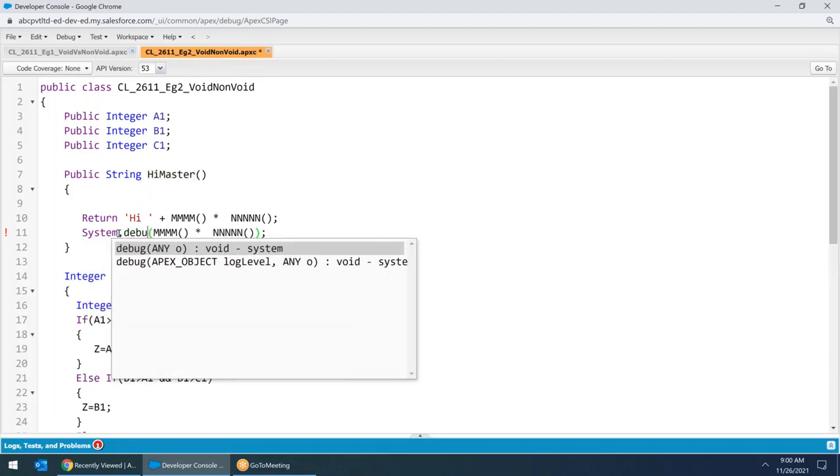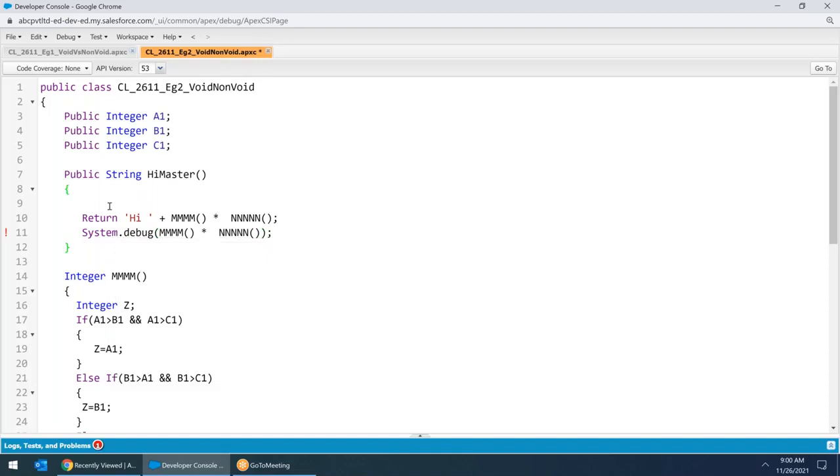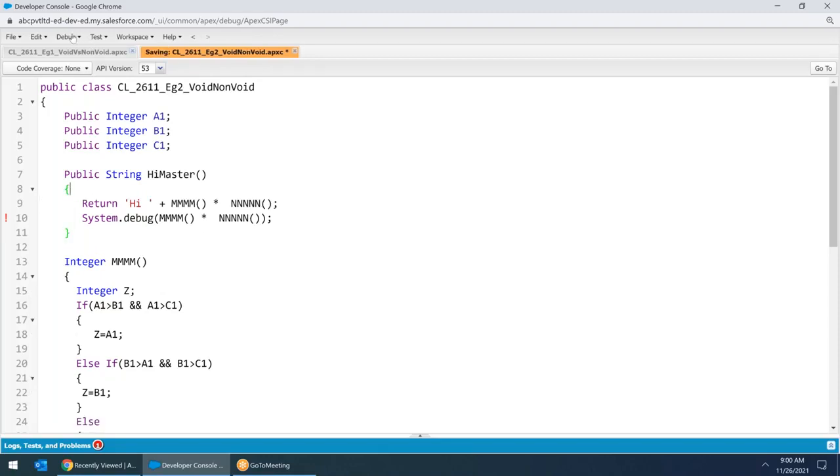See, first one, line number 10 is a system expectation, right? Line number 11 is my expectation. I am expecting the answer. Control S. I'm expecting the answer, right? What happened? System.debug MMMM into NNNN, right? What happened? Control S. Let us see the error. What it says: